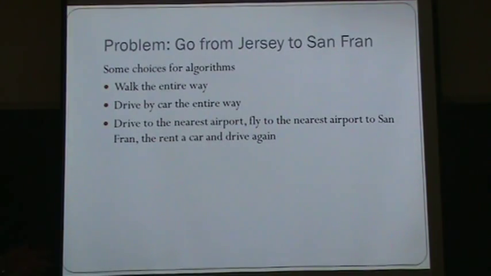But if we know all these techniques, like walking, riding a bicycle, driving a car, flying an airplane, and we use them wisely, we could put together the algorithm that's the most efficient to go from anywhere to anywhere. Right? So you wouldn't want to walk to San Francisco. That wouldn't work too well, and you wouldn't want to fly an airplane if you're going from here to New York. Too much overhead to use that way of travel.